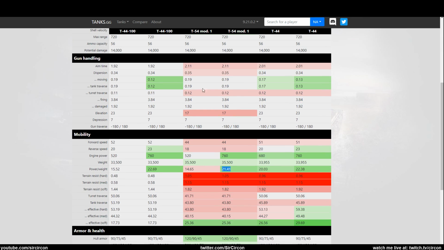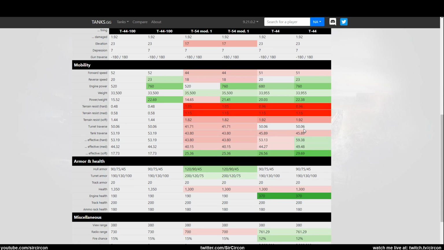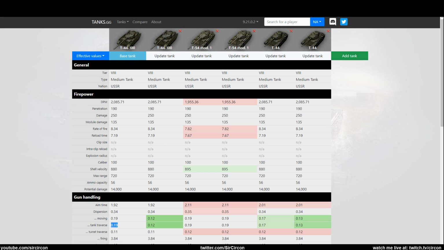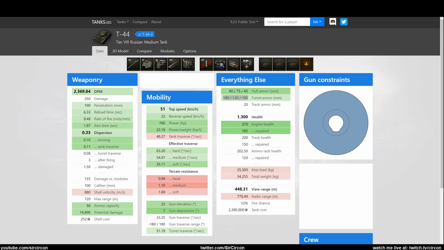And what's also funny is that the T-44-100 just seems better than the T-44 in a lot of ways. So turret defense is better, aiming time is better. And even on the move and tank defense, it's slightly better than a normal T-44, which is also weird. So, again, why? Sure, buff the Russians, but please, as a reminder,